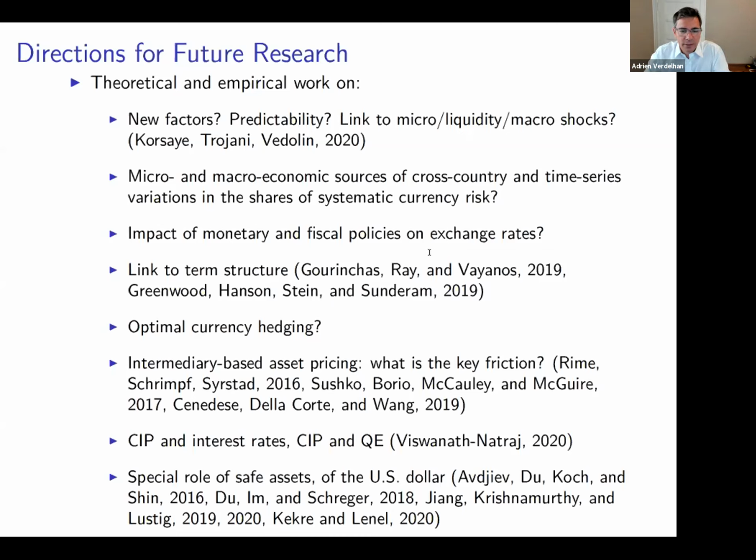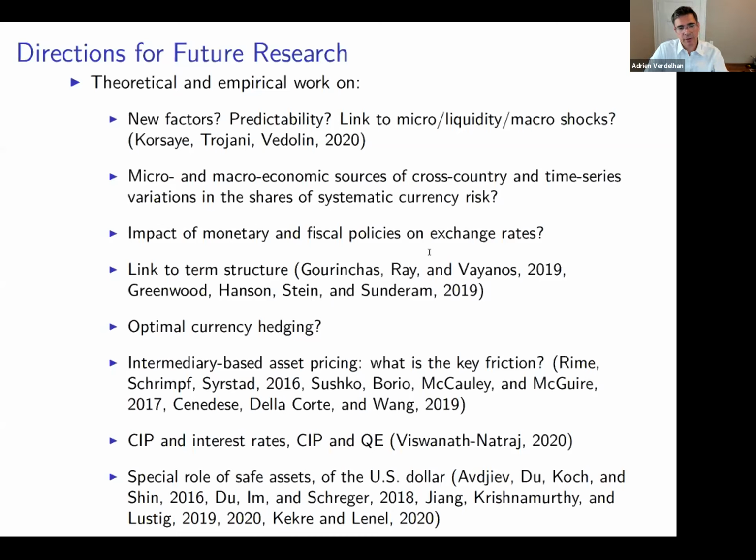But we need to find what the key friction is. This is not obvious. There are many things that are moving at the same time. It's not easy to find what the key friction is. Once we know, we need to understand how to model it. And clearly here, I forgot the very interesting work by Gerard Dolphy and others, for example. Now, once we see that there's something interesting to study both in the time series of the CIP deviation and the cross-section, this link with interest rates, of course, I think we want to see the link between what's going on in currency markets and what's going on in terms of monetary policies, whether the classic short-term interest rates or the more recent QE experiments, right?